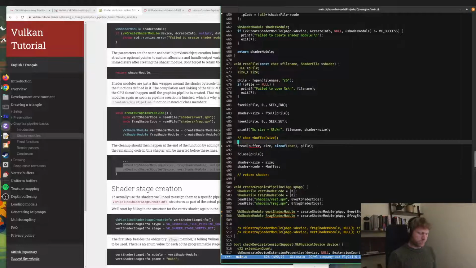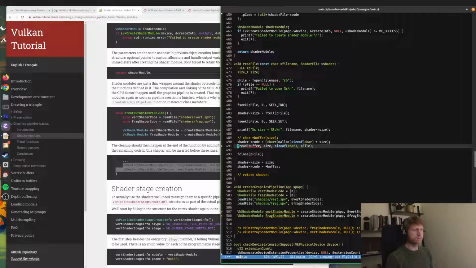shader file code. Yeah, shader code is equal to, and we're going to cast it as char star, excuse me, and malloc this size of char multiplied by size. So that'll give us the space we need available within this struct code, and because we're getting a pointer to it, it should actually allocate that specific code on the heap, just the code or the code memory addresses on